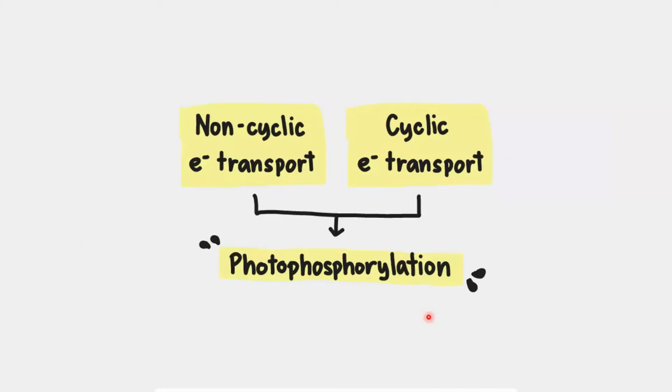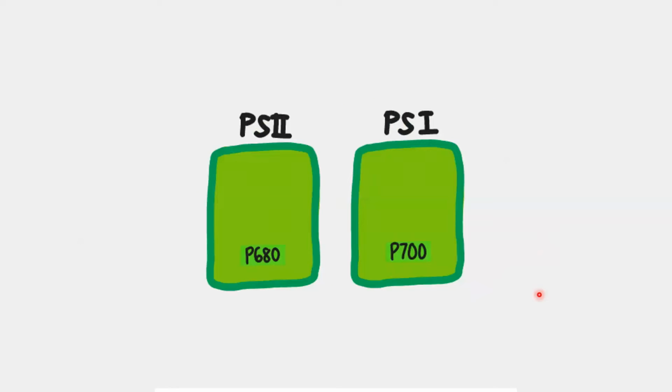So we have two types of photophosphorylation in the light cycle. The first one is through the non-cyclic electron transport, which we call the non-cyclic photophosphorylation. And the second one is through the cyclic electron transport, which we call cyclic photophosphorylation. But before we go to the main discussion,